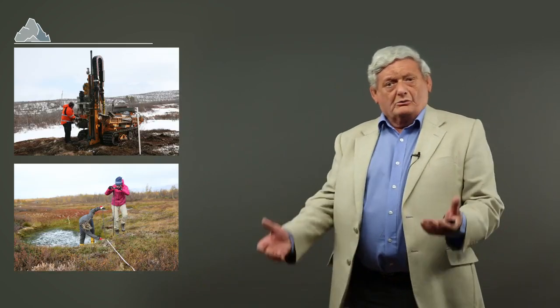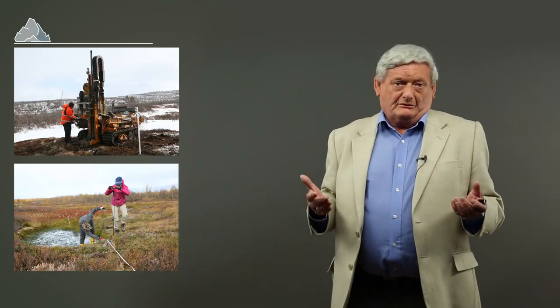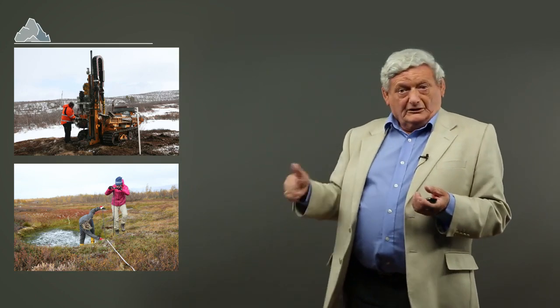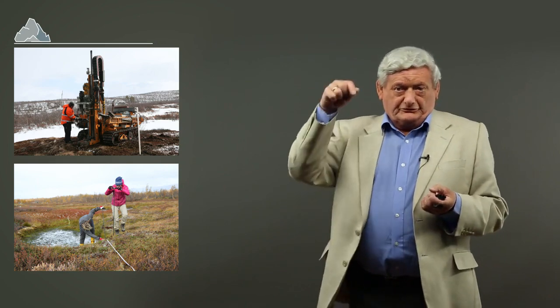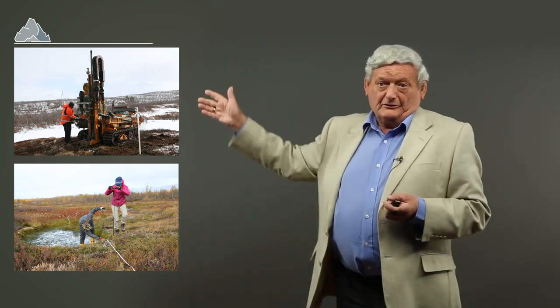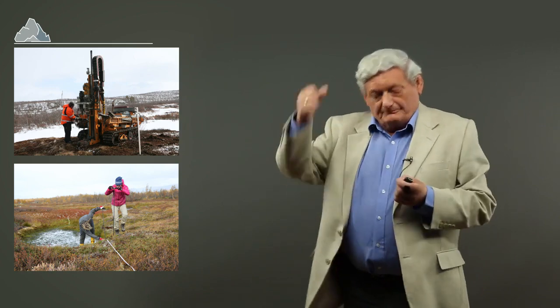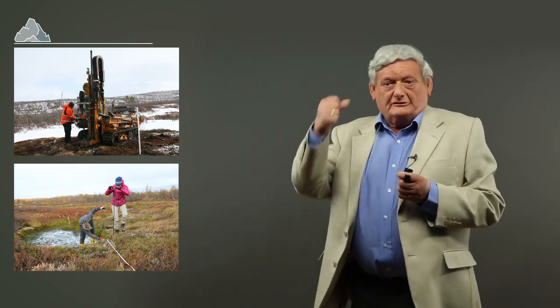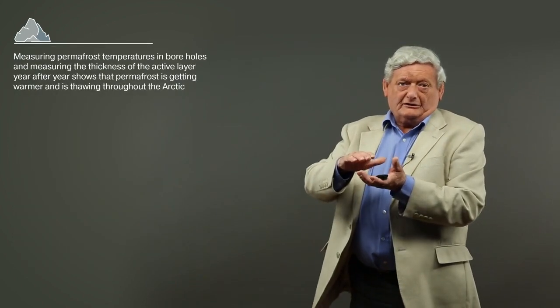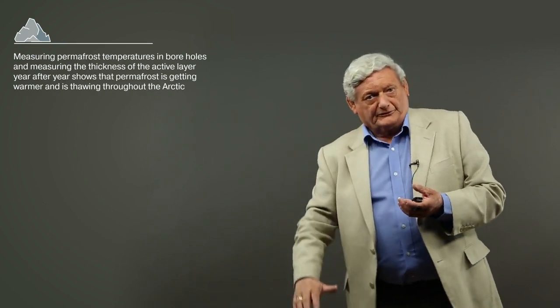If we want to know what is happening to our permafrost now, then there are two ways of doing that basically. One is to take a drilling rig into the Arctic, which is not trivial, to drill a borehole and to measure temperature in that borehole for tens of years. Another way, as in the other photo, is to get an implement that you can press through the active layer until you hit the permafrost level. And then by measuring how the active layer grows in thickness, that tells you about how the permafrost is receding